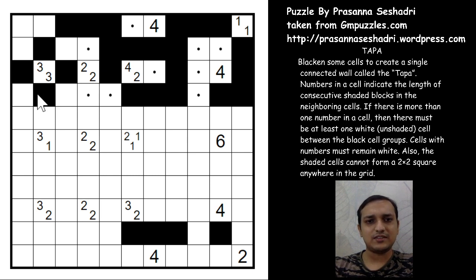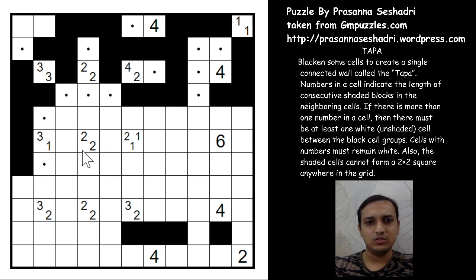Same way, this black cell has to connect to the other parts of the black cells, and it has only one way to go to the connection actually. So only this way. So it cannot go via this way, because the 2 2 rule will be violated both the ways. So only this way it can go. So we got the 3 clue here. So we got the 3 3 clue also.